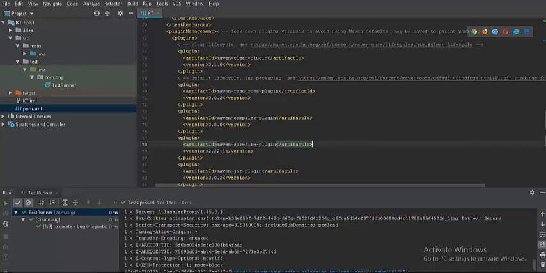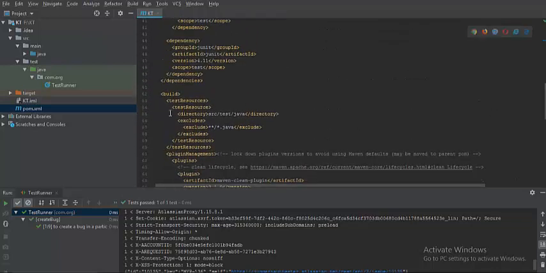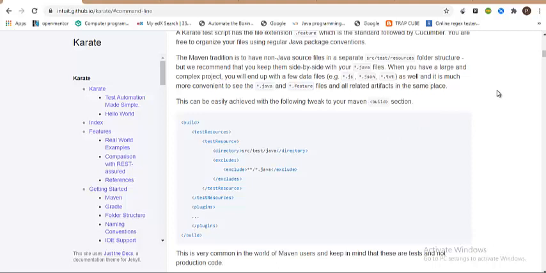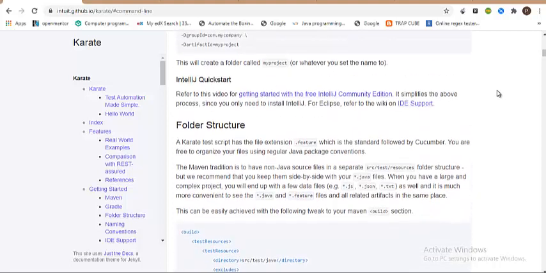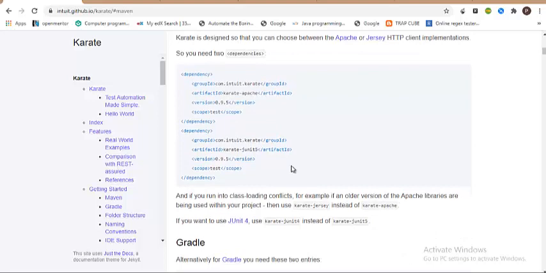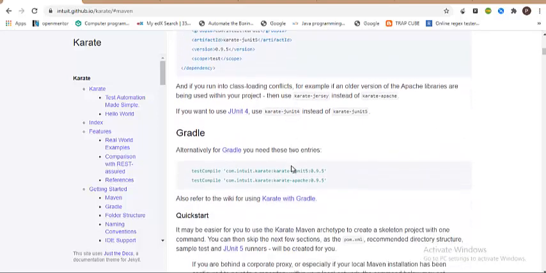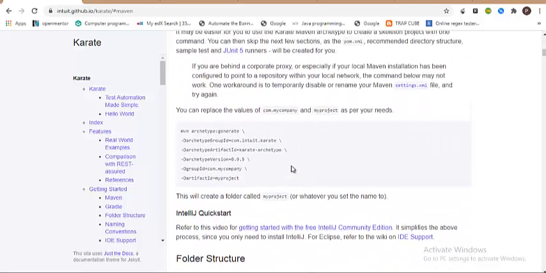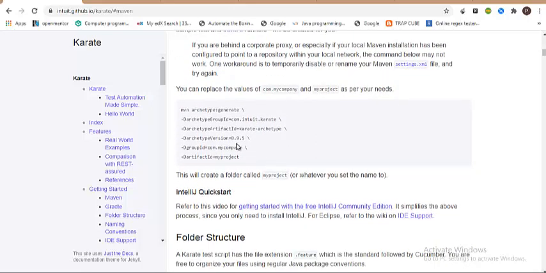You might have a question like, from where have these test sources come? So let us go through the karate documentation now and see how this Maven test execution happens. I have gone to the documentation and selected getting started with Maven that you can see here. When you click on Maven, they are asking us to just have these two dependencies that we have already added. Gradle is also a build tool, but right now we are not working with Gradle, so do not bother about it much. And you might have a question about which archetype to use.